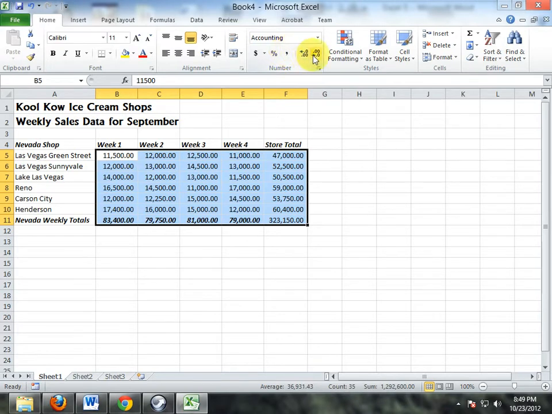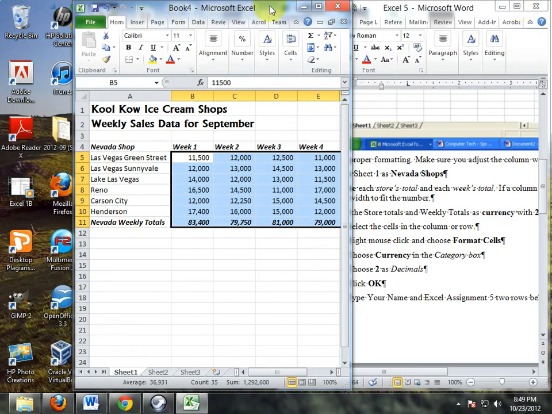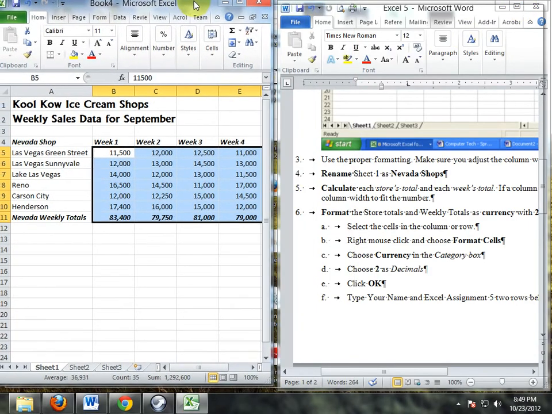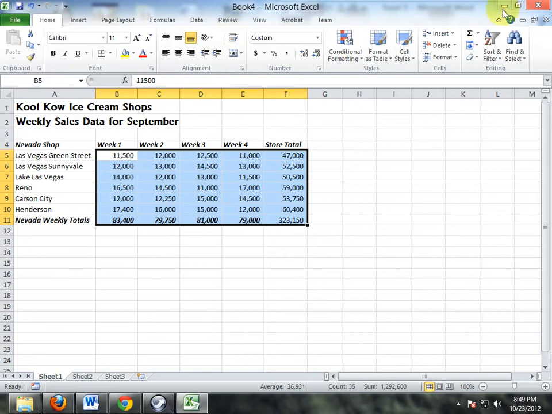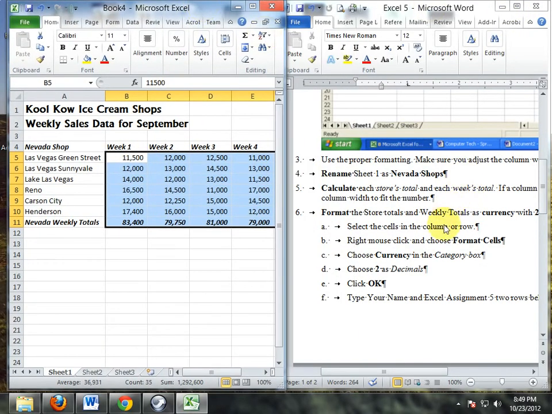And then these buttons right here will increase or decrease the decimals. Okay, so I just want to show the dollar amount, just like that. Okay, so now let's move this back over here like it was. Oops, too far. Alright, so we want to, let's see,